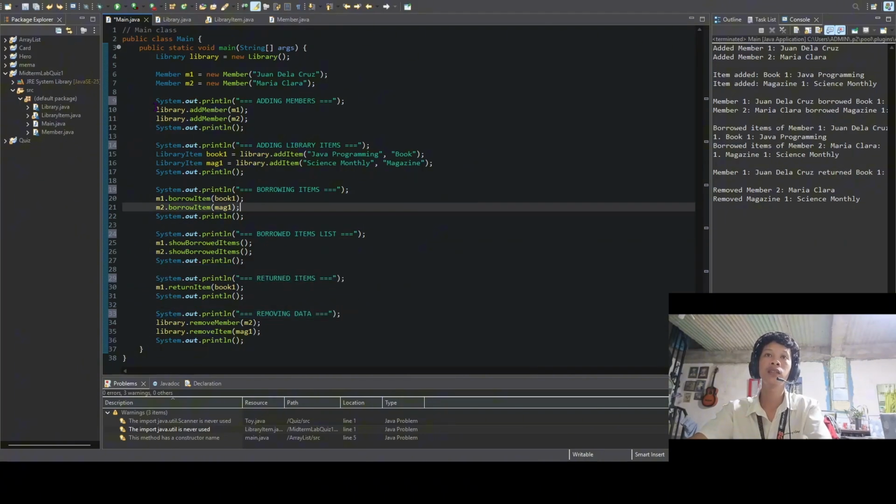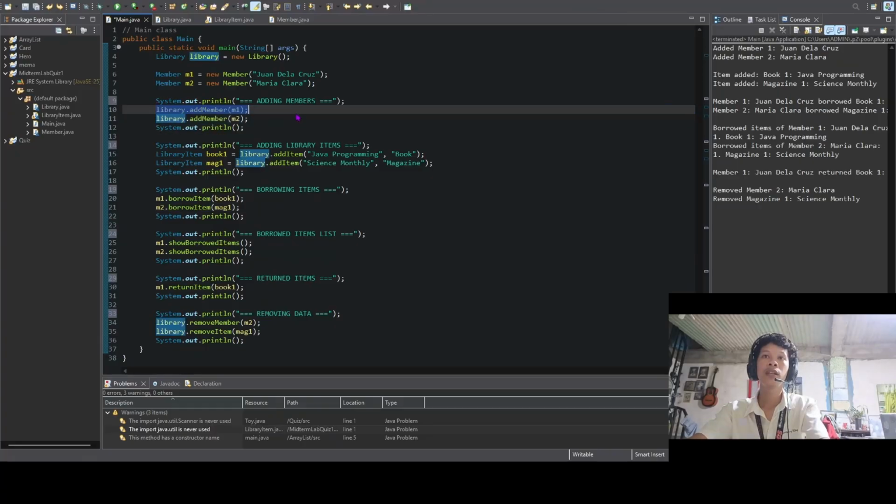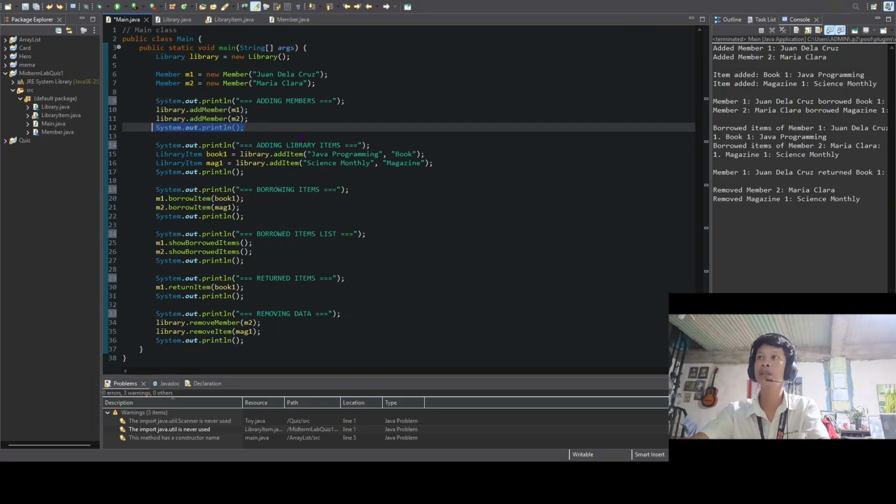And next is library.addMember m1 and m2. This code adds the two member objects to the library system. The addMember method stores the member inside the library object, so the system tracks all registered names. And next is this, just printing a space